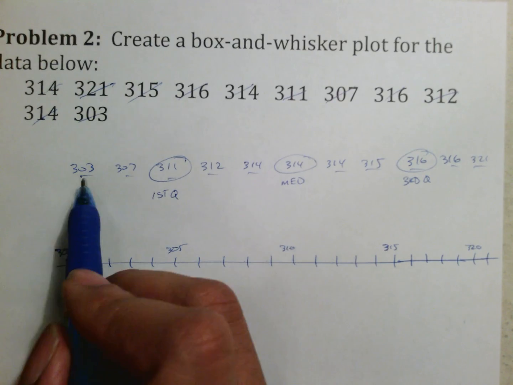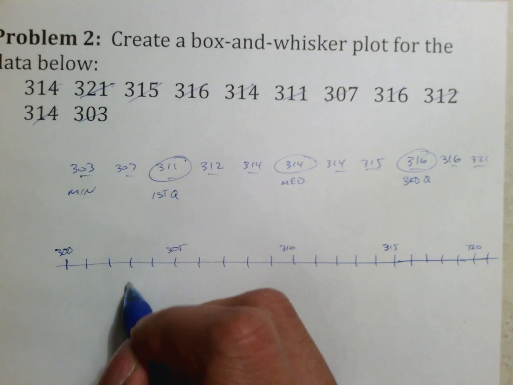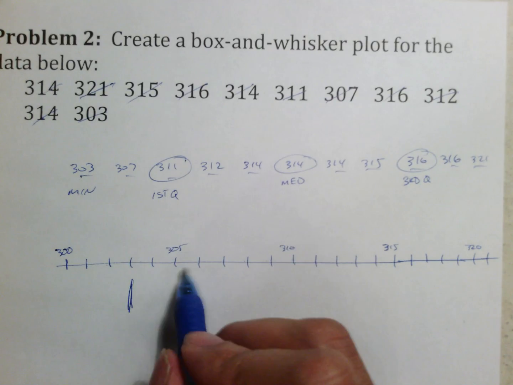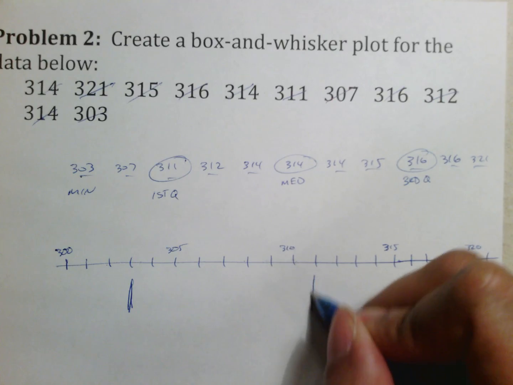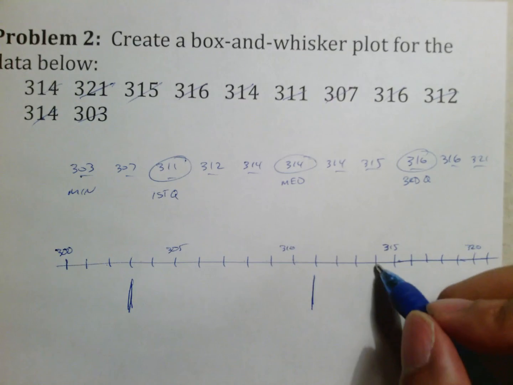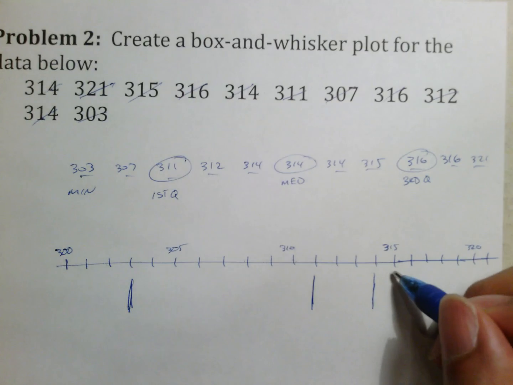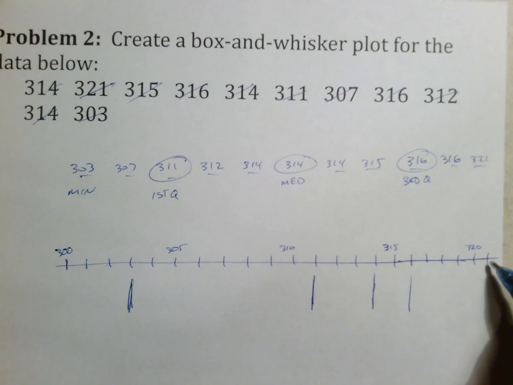Your lowest number is at 303. This is your minimum number, so 300, 1, 2, 3. So put a little mark right there for your 303. Your first quartile is at 311, which is right here. 310's there. 311 would be somewhere around here. Your median is at 314, which is right here. Your third quartile is at 316, which if that's 315, this should be 316, 17, 18, 19, 20, and 321